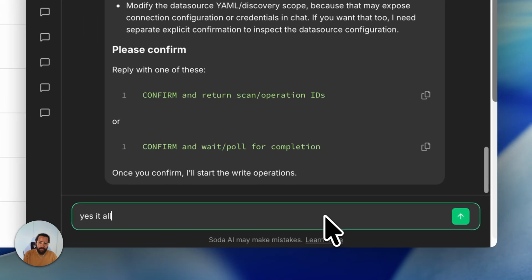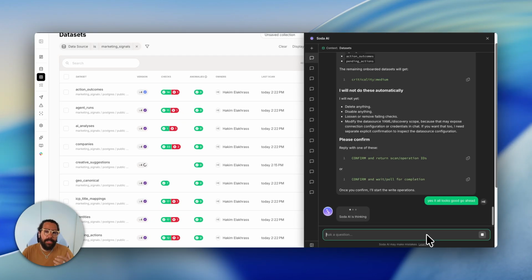Yes, it all looks good. Go ahead. And it will start now executing on this plan that we have developed together. And so this shows how Soda AI is not only super useful for getting started when you onboard a new data source, but also when you already have a mature and established data source with plenty of data contracts, and which you can then iterate together with Soda AI to get to a much better state of coverage and of